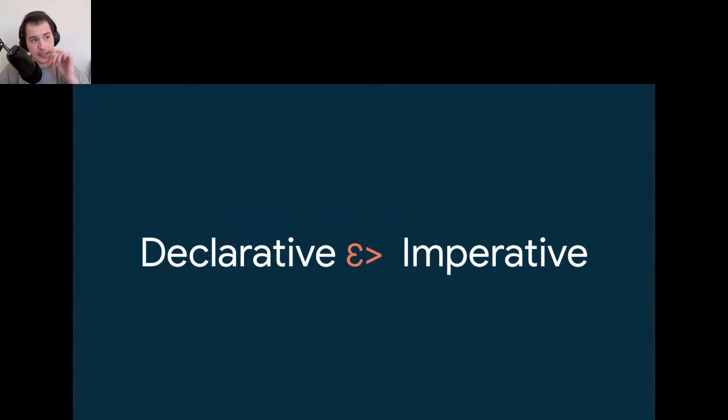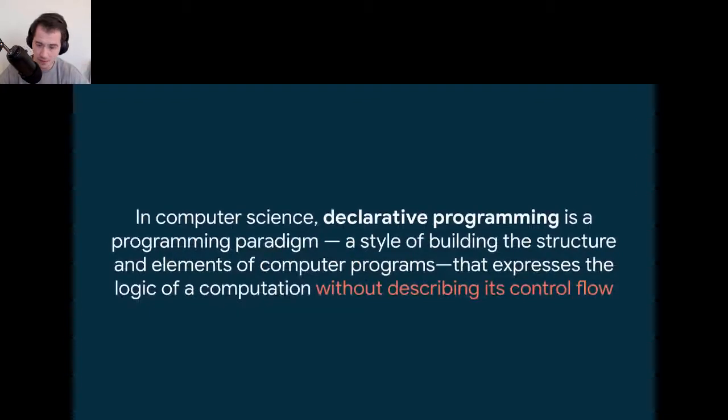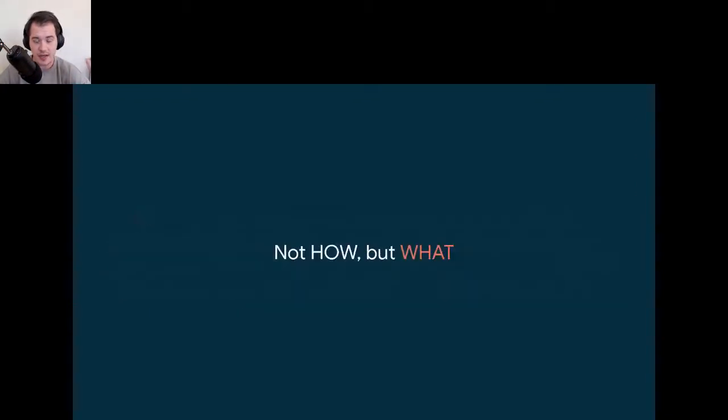To understand this, let's dive into the definition of declarative. This is a long Wikipedia definition, but the idea is that when you write declarative programs, you say what you want to achieve and not how to achieve it. Here is what I want to have as a result, right?